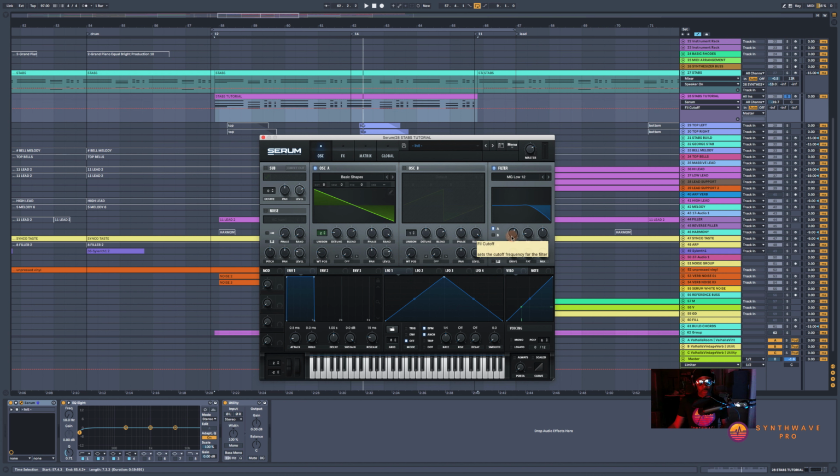So let's play what we have so far, nothing special. It's a nice warm analog sound though, and I think I want to sort of exploit that a little more. So let's go ahead and use some of these controls here. Now the cool thing with Serum is that we're able to take advantage of this module here. So what I want to do is add some drive, some thickness to the sound, and we'll do that by bumping up the drive,